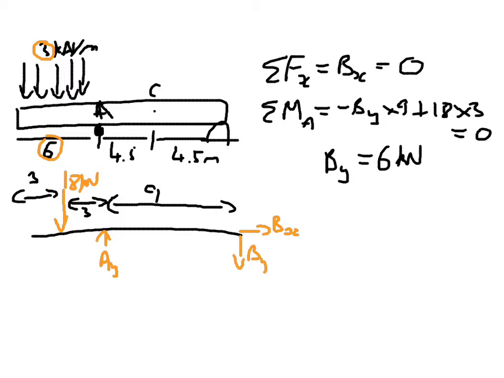Now, we're only asked for certain things. We're actually asked for the internal forces at point C. So now we've got some of the new information we need. We've got all the forces for one particular side of point C. We can now redraw the free body diagram just considering the right hand side. So if I do that,